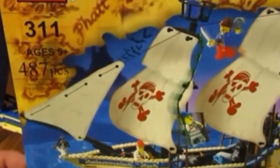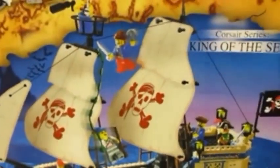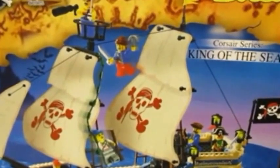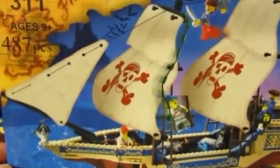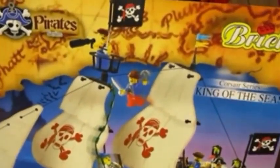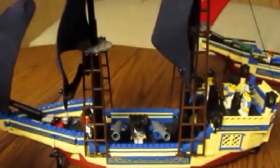I was actually quite surprised by this ship, and to my knowledge, it is the only non-clone or knockoff that Enlighten has produced. This is basically their own design. So they deserve some credit for that. But having said that,